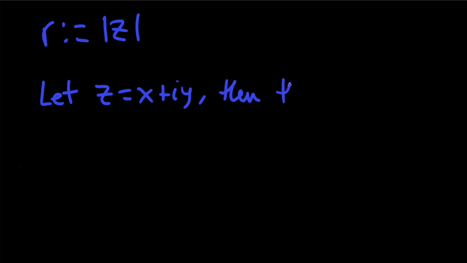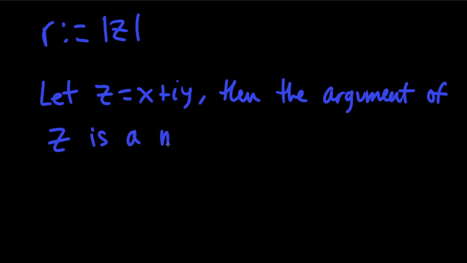Then the argument of z is a number phi, and I'm just using phi here because phi is a symbol that's typically used to represent an angle, which is exactly what the argument is. It's just an angle. So you could substitute this out for theta or something else, but in all the textbooks I've seen, they use phi. So the argument of z is a number phi, and phi is a real number such that